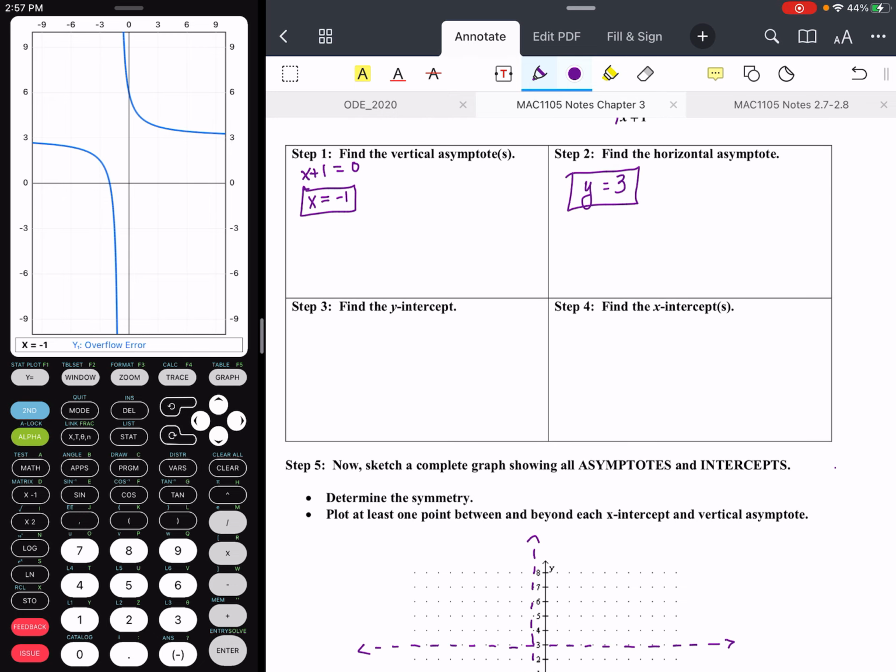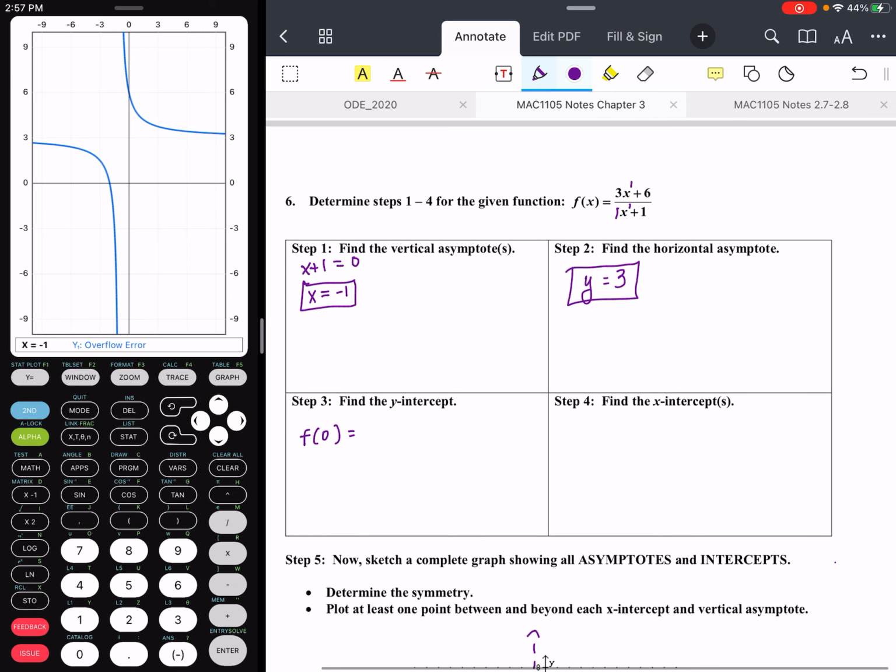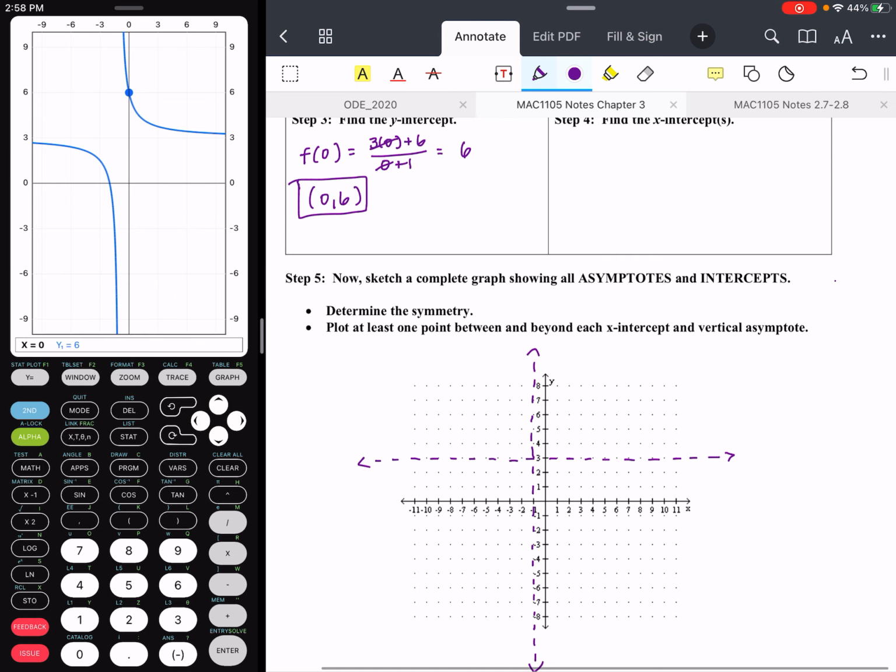All right, so next up, step 3, find the y-intercept. I can find this algebraically by evaluating f of 0. So this would be 3 times 0 plus 6 over 0 plus 1. The zeros are going to zero out. 6 over 1 gives me 6. So I'm calculating that my y-intercept should be (0, 6). Let's double check this using the trace function. If I type in 0 for x, that does give me the y value of 6. So I'll go ahead and plot (0, 6)